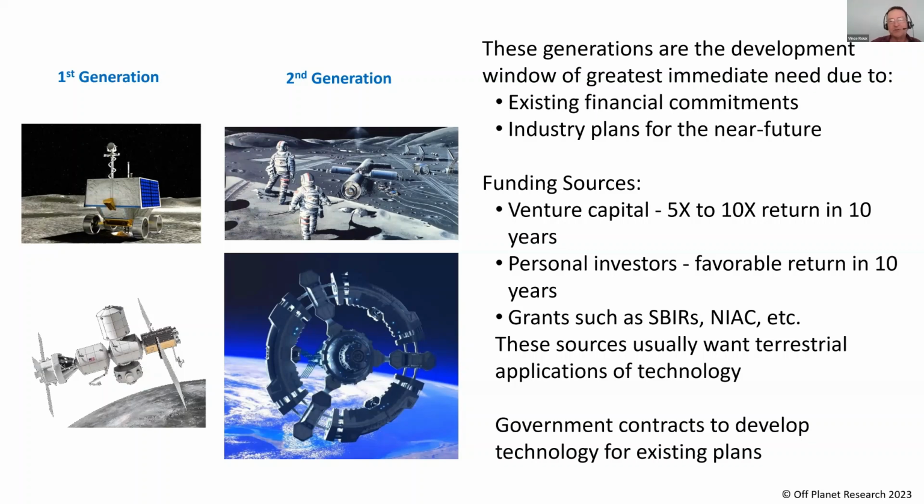These sources of funding usually want to have some sort of terrestrial based technology that is relatable. So, as we all say, what's the payback on the Earth? How is it going to benefit everybody? And usually these people want to see that not only as an additional way of selling what you're doing, but also as a way of helping to assure that there will be some return on investment if it's a non-grant funding source. The only exception to this would be a government contract for a specific item, where